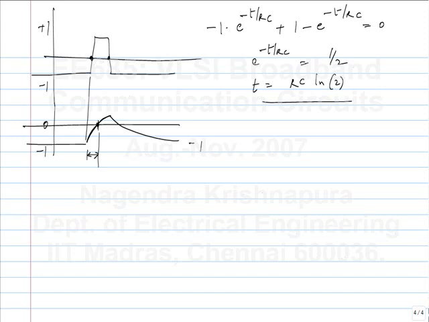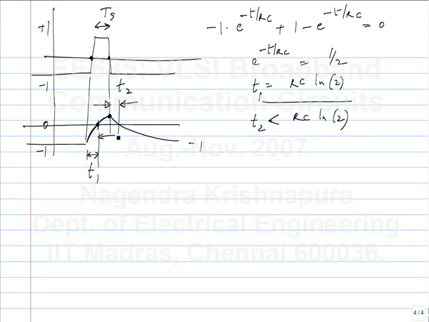Now what about this? Will it be shifted by the same amount or a different amount? This delta. Will it be the same as this or different? Why is it different? The initial condition is different. What is the initial condition? So you just put Ts here and you find the initial condition. Okay. So the initial condition is different. So this will be smaller or larger? Smaller. Okay. So if this is T1, this is T2. And this interval is Ts.